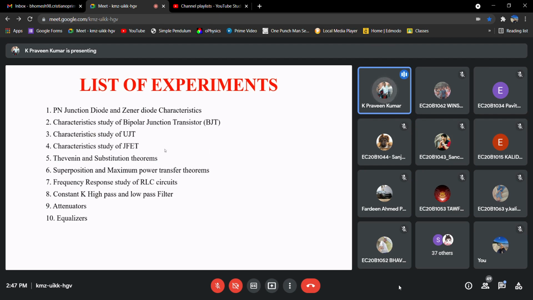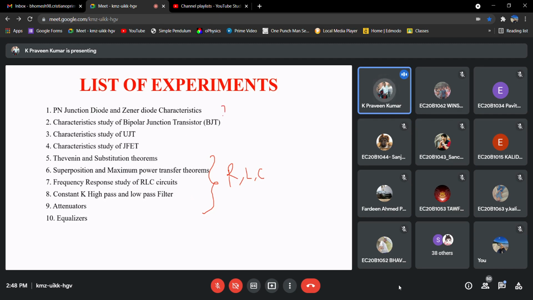The remaining will be based completely on passive elements: verification of theorems, and all these will be based on simple RLC circuits. So, verification of your theorems, designing some filters, attenuators, equalizers, etc.